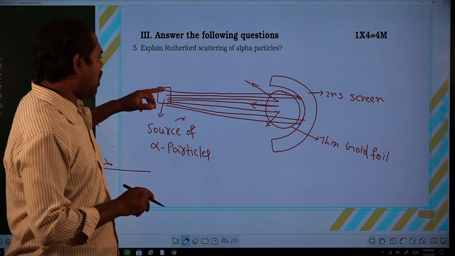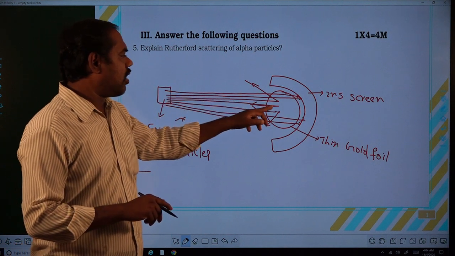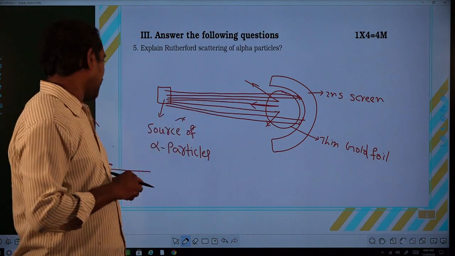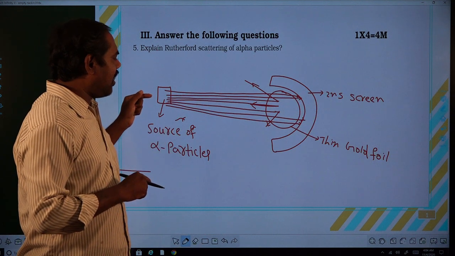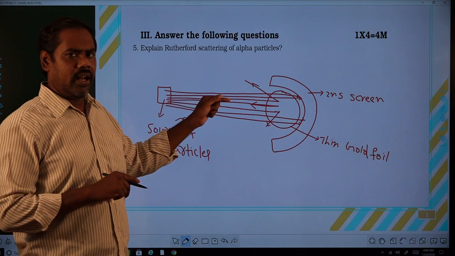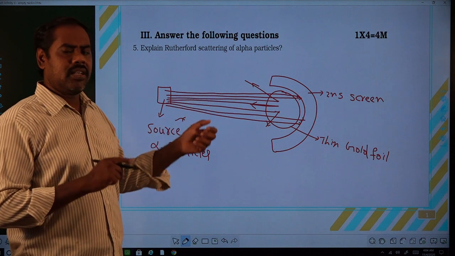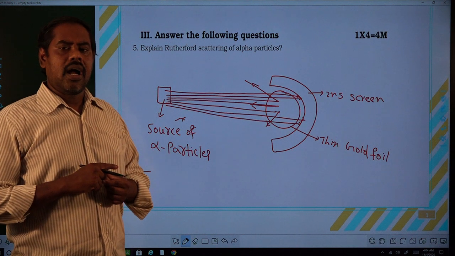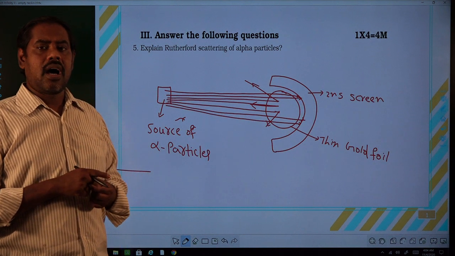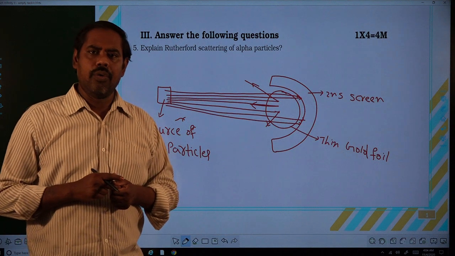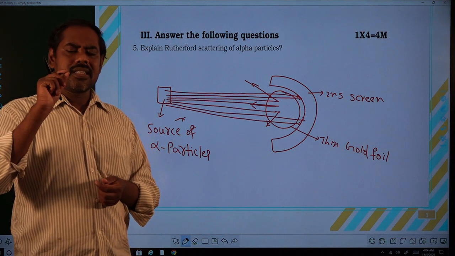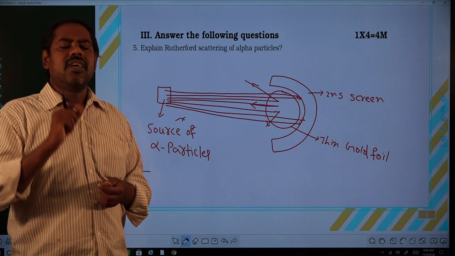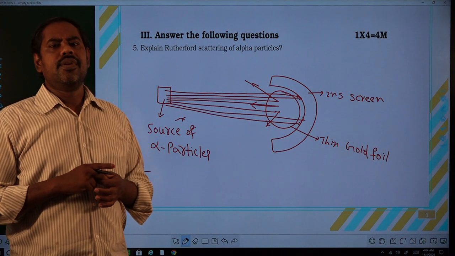That's why when the positively charged alpha particles bombard the gold foil near the center of the atom, they are deflected. Similarly, the alpha particle which passes exactly through the center of the gold foil is bounced back, because it is directly bombarded by the positively charged particles. From this experiment you find that the atom is mostly hollow, and the positively charged particles present at the center of the atom form what is called the nucleus.